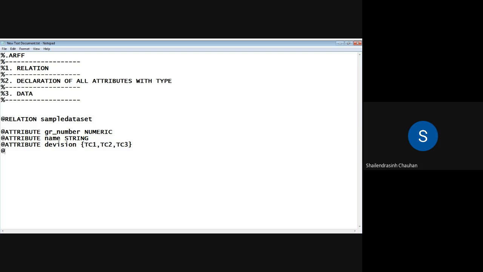And one more attribute, that is placement status. You can have either whether the student is placed, yes, no, or not interested. So these are the 4 attributes that we are considering for creating our sample data set. Then @data.